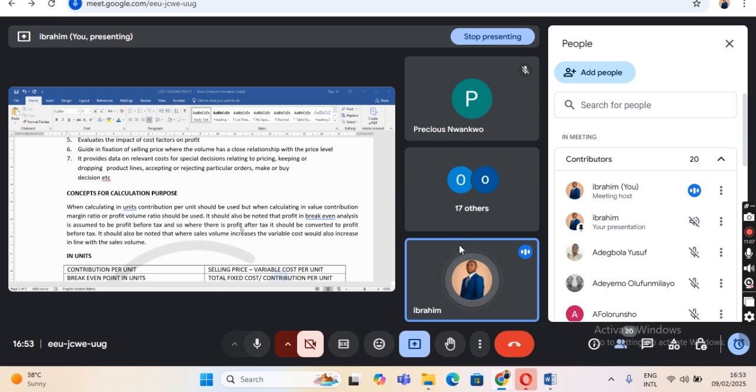Class, I have about 6 questions for you under the cost volume profit analysis. Guess what? And they are all examinable, right? Now, it should also be noted that where sales volume increases, the variable cost would also increase in line with